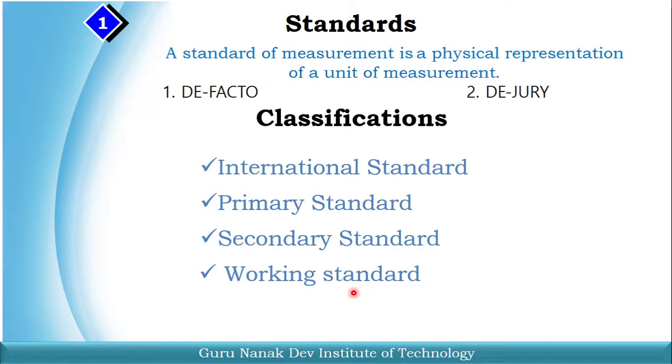Also, you have seen in your neighbourhood that some shopkeepers use stones instead of standard weights. For 100 grams they use small stones, for 1 kg they use some bigger stones. So how do they make those stones? They just compare those stones with 1 kg, and then they say this is 1 kg. So that is nothing but a working standard.